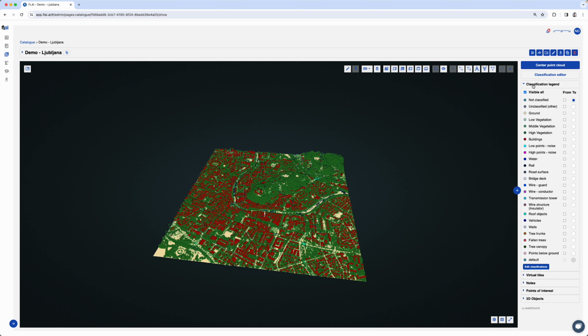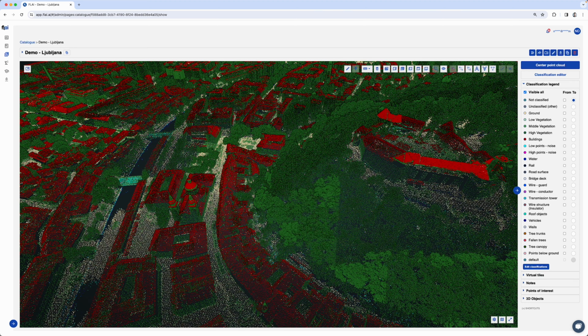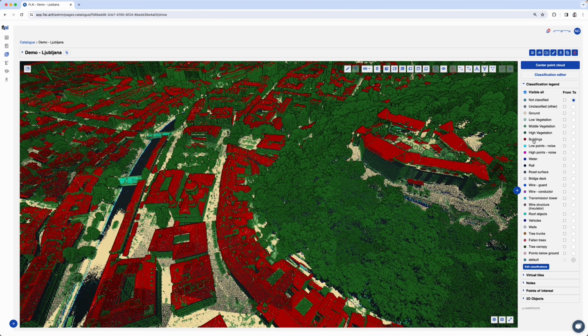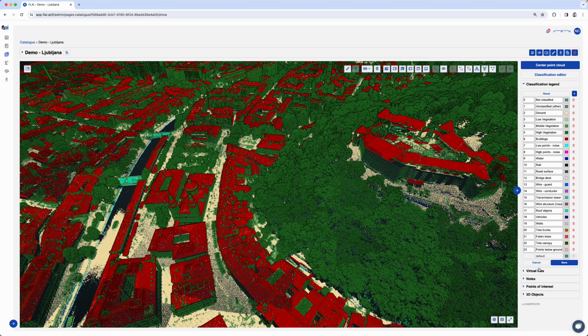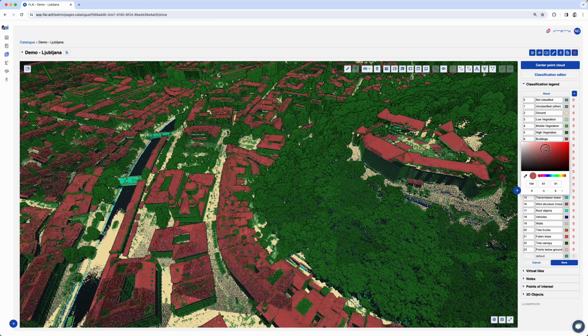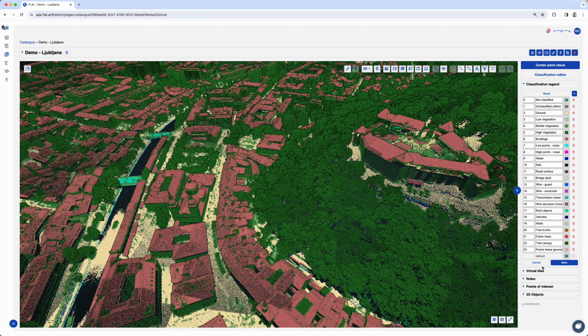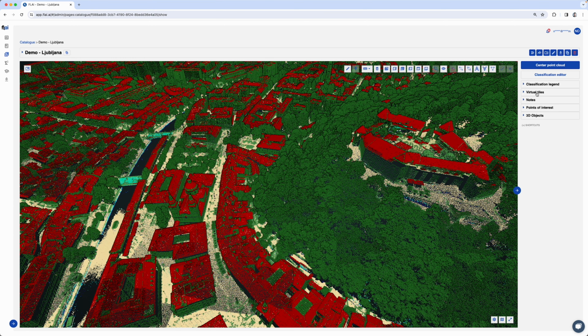Then here we have the classification legend, so the names and colors of each individual category. Let me zoom in a bit. With a press on the legend I can disable a category, and also if I go into edit classification I can add or remove categories and change colors. Okay, let's close. Then here we have virtual tiles, nodes, points of interest and 3D objects, which we will explore